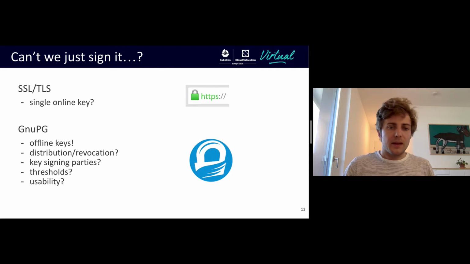There are a couple of common approaches. One would be to sign the communication channel using transport layer security, which is really great for protecting against man-in-the-middle attacks. But the problem is that TLS heavily relies on a single key. So if an attacker breaks into the server, then they can serve you whatever they want, albeit over a secure channel.